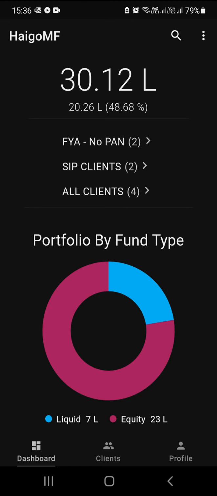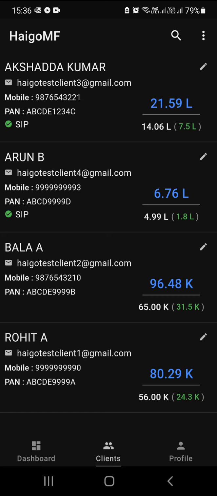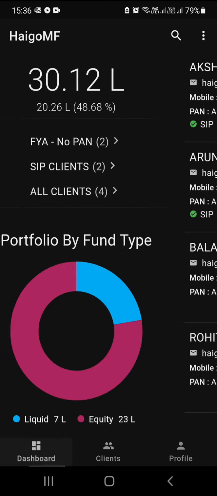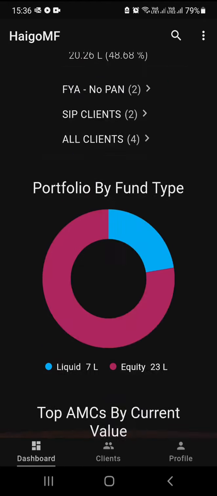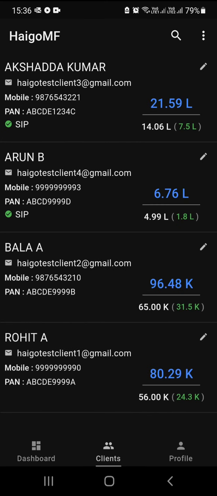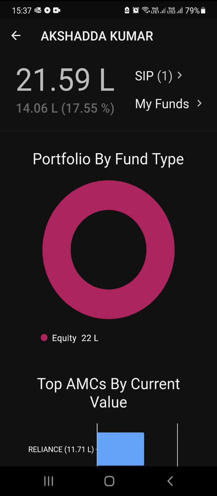Fine. And if you click on all clients, right, it will take you to the clients dashboard. So initially it's the advisor dashboard. Okay, so this is what the advisor will see. And if you click on client, right, you will be looking at all the clients under you. Basically you can swipe right to go to the clients, or you can directly click the clients icon in the below tab. And once you click on any customer, it is the customer dashboard which you will be seeing. And this is the same dashboard which the customer can see when they log in to the app using their email ID and password.